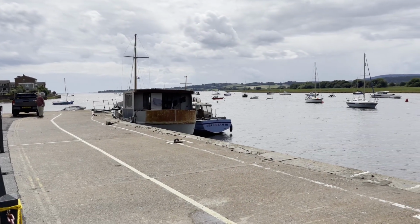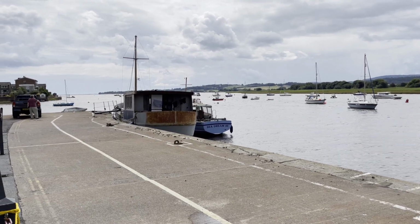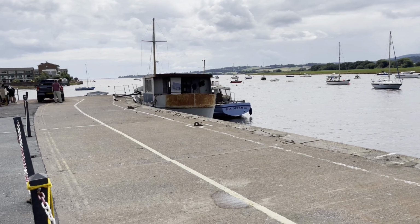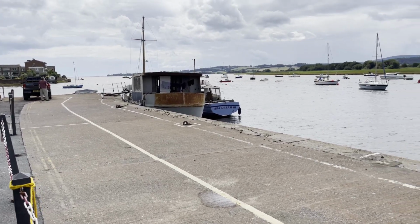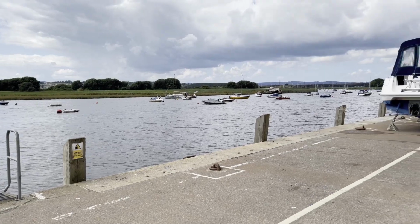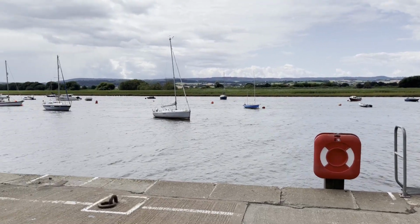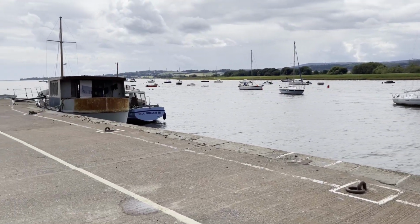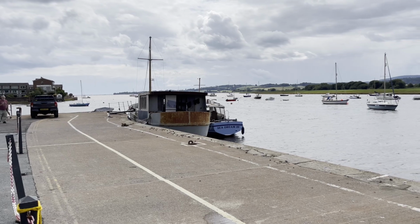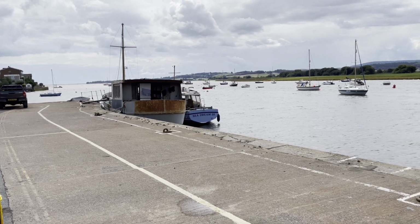So I'm on the quayside of Topsham, which is down as an historic port since around 1300, but its history goes a lot further back than that, to the time of the Romans, who also recognised that this port, or this river Exe, as we now call it, was a safe harbour. Romans are first thought to have come here in around 250 BC, but it wasn't until 44 AD that they formed a permanent settlement called Isca Dominorium,